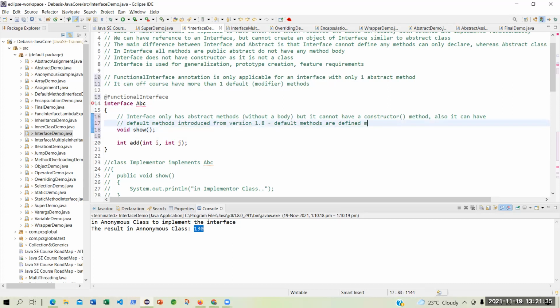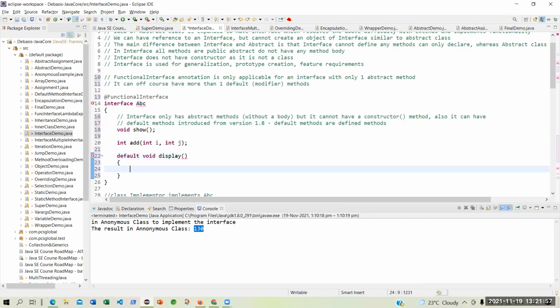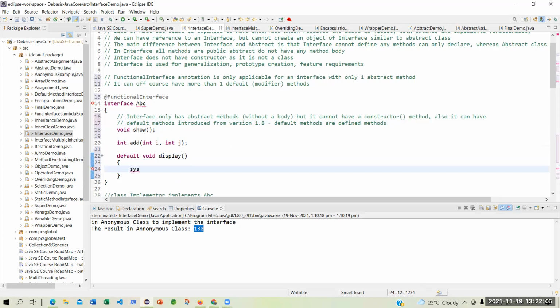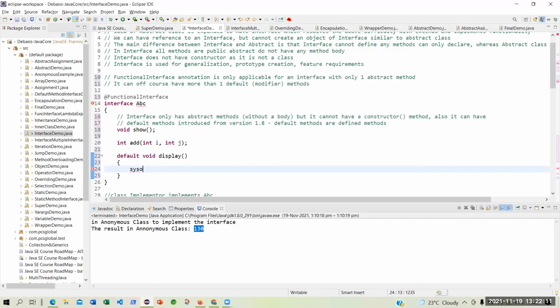A defined method means the normal method, but you have to give a modifier with the method. Say, you can have something like default void display. But now you see immediately the error has gone, because now you can define something. You can say